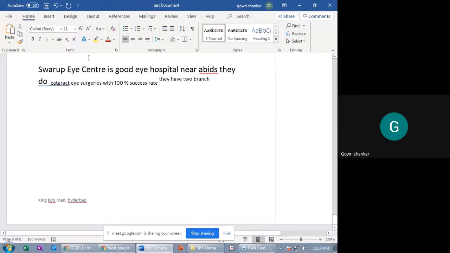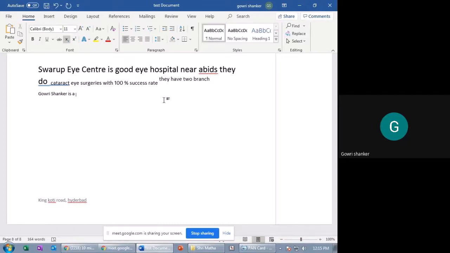Control plus equals, if you press it, subscript will come. For example, I have a word. Now it is normal. Control plus, control equals.